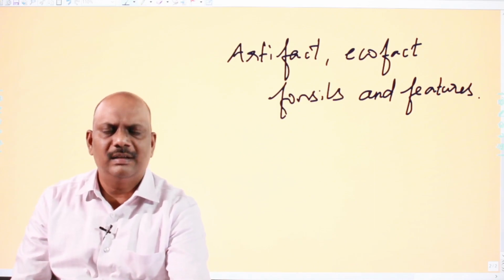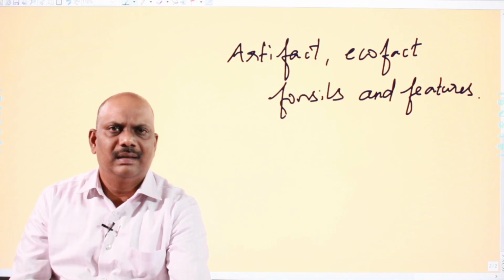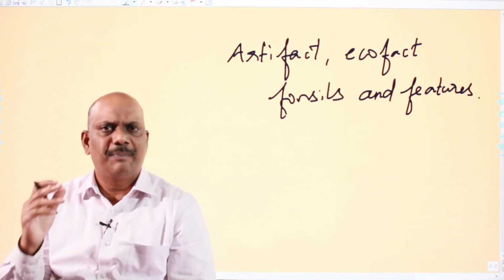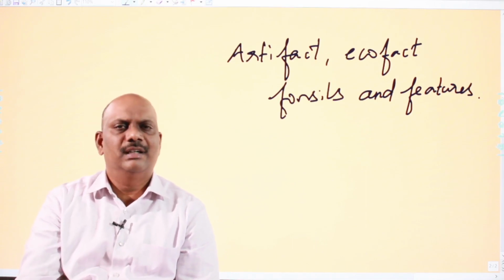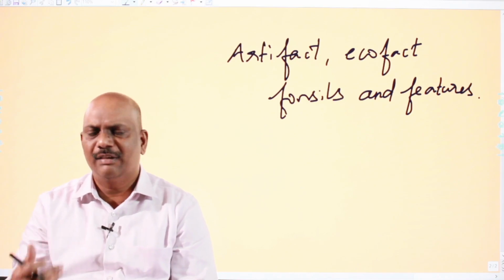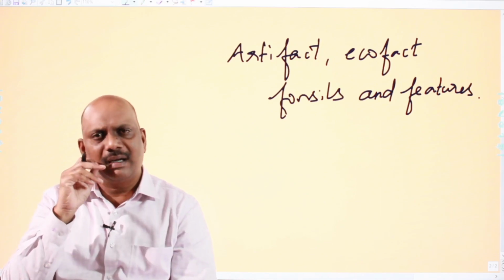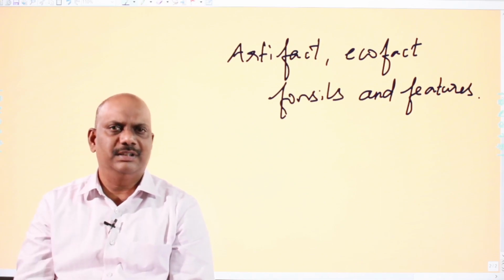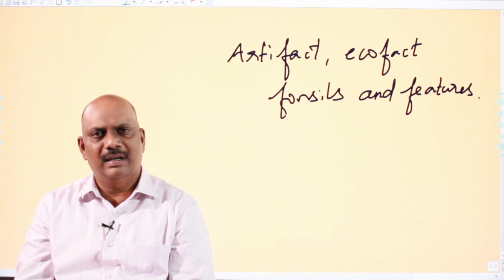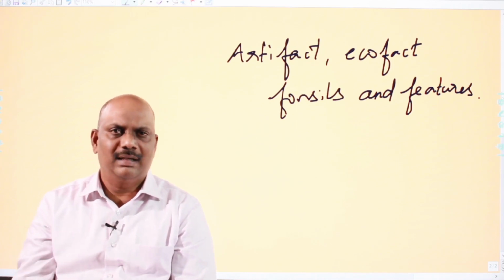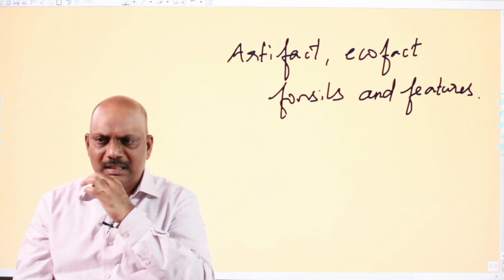If you are comfortable with what an artifact, ecofact, fossil, and features are, then we had a brief discussion about the identification of a site. What are the techniques which our archaeologists use in identifying a site? Pedestrian survey. Then there are a few techniques which we have borrowed from exploration geology, like using the soil interface radar or the ground penetrating radar. Then we also use geomagnetics for this purpose. Correct? Then we just started discussing